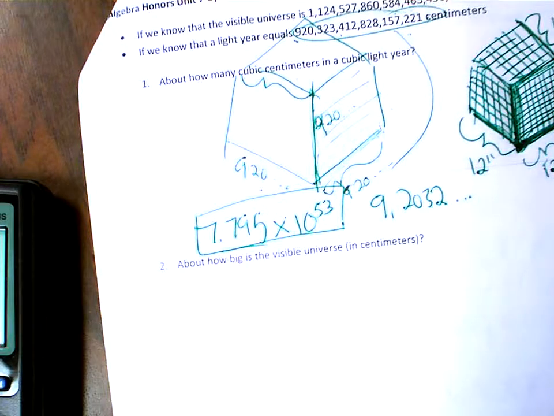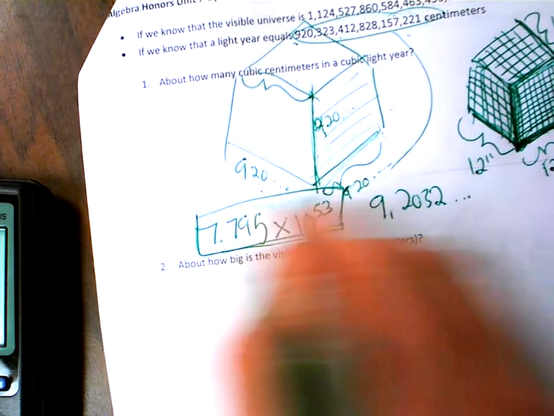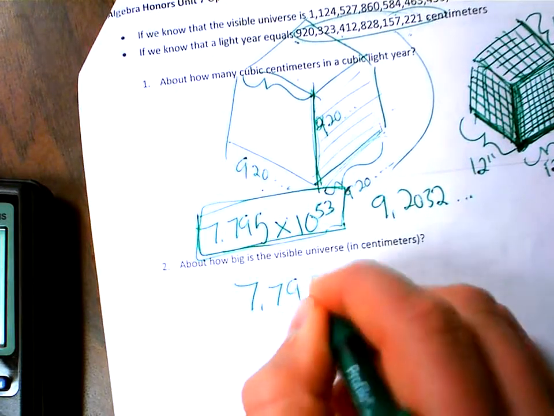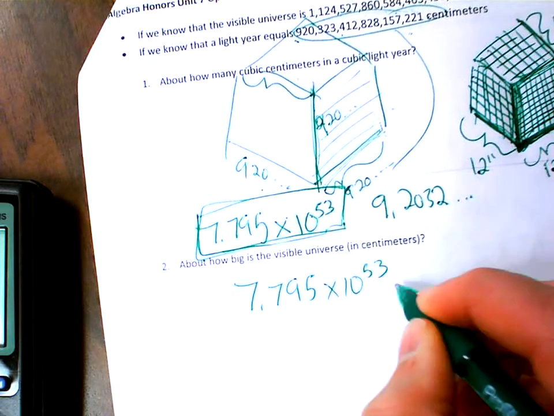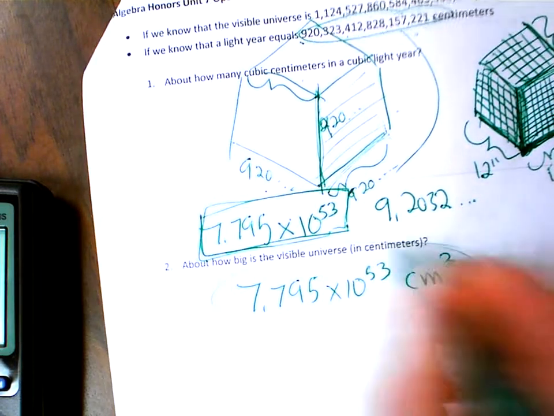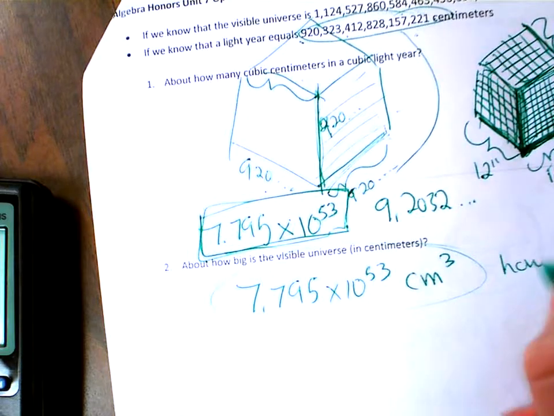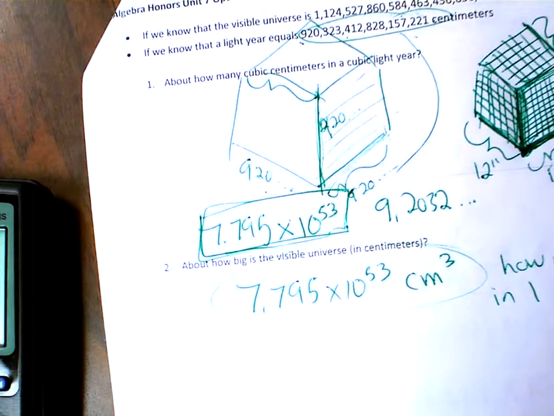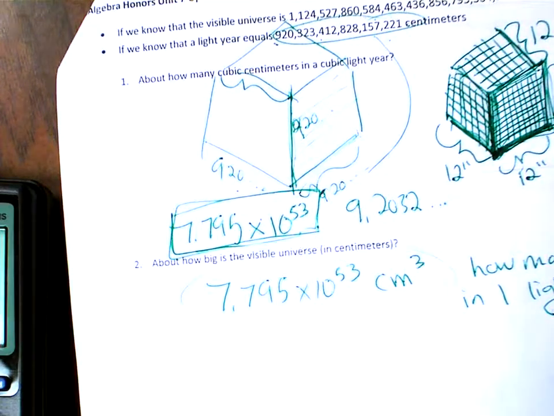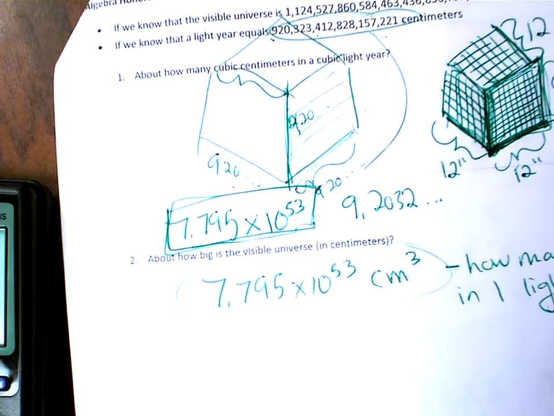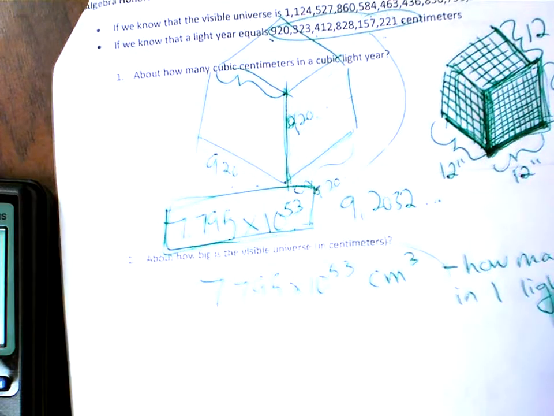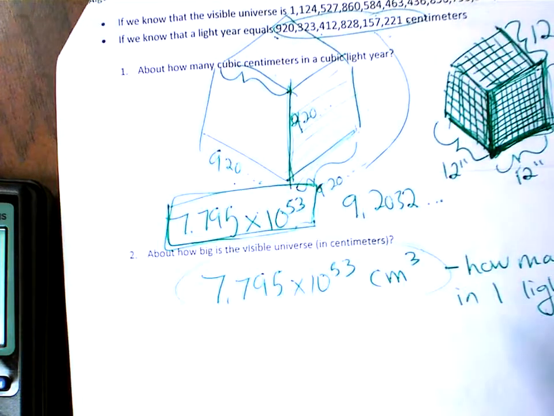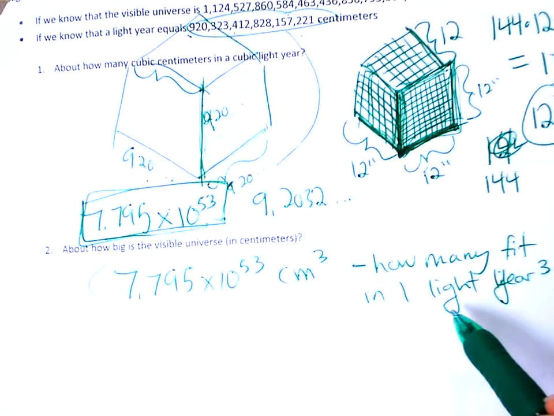About how big is the visible universe? So here we're taking 7.795 times 10 to the 53 centimeters cubed. That's how many fit in 1 light year cubed. And I think this is important because there's so many numbers rolling around, and I usually like to specify what my numbers mean. This number represents how many cubic centimeters fit into 1 light year, and we have quite